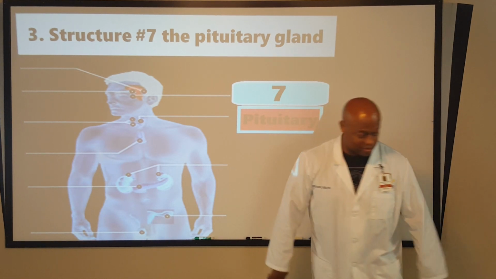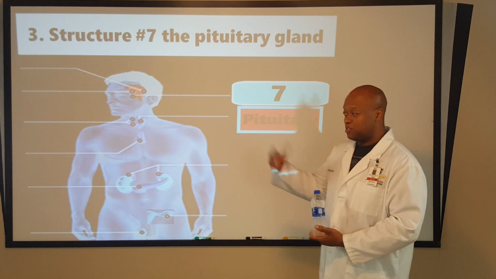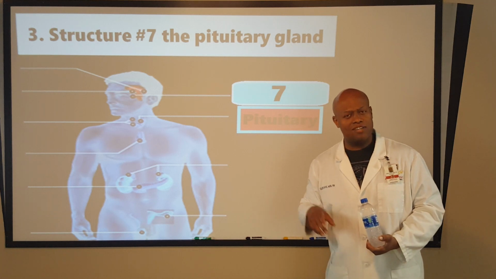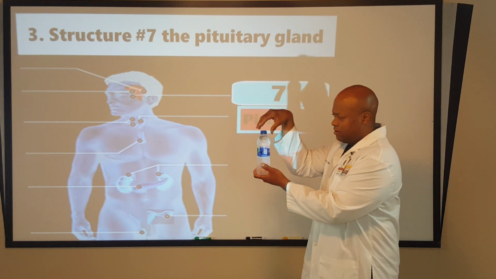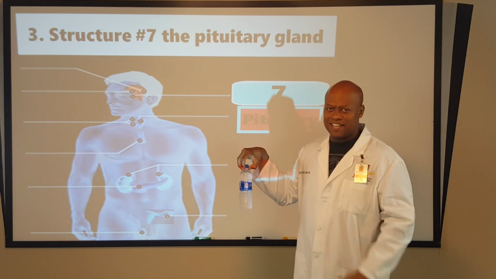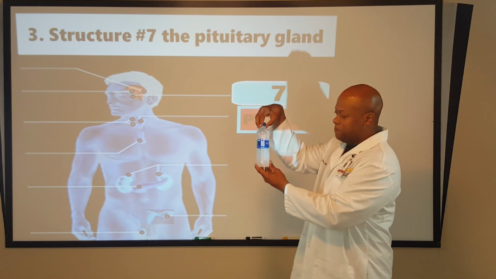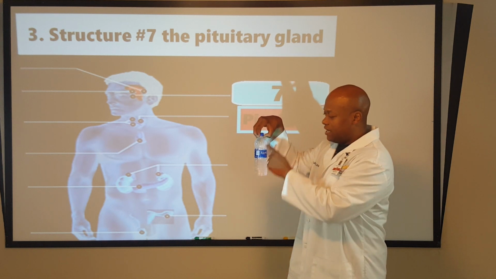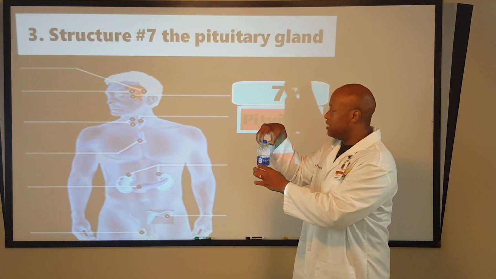So let's see, what will make a good pituitary for us? All right, well, it's going to have to be this bottle of water here. Okay, so 2, my hand. And if you take a really close look, in your book or something like that online, it almost looks like the hypothalamus looks a lot like a bird beak, right? The beak of a bird. Yeah, just flow with me. It might take a couple looks at that thing, but eventually you start to see it like, oh, wait a minute, yeah, I see it. So you see it like a bird's head, and the beak looks like it's got a little bug in its beak. And that little bug hanging from the beak there, that's the pituitary. Okay?